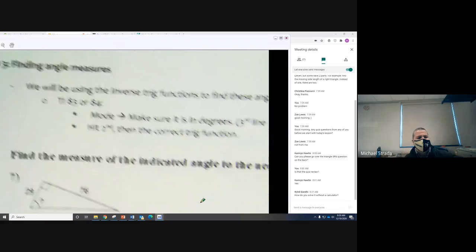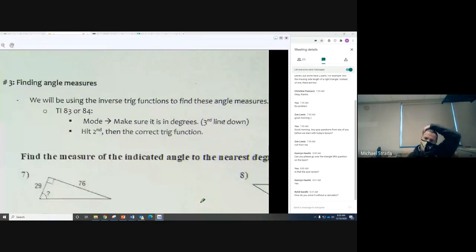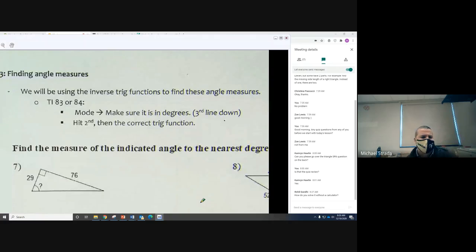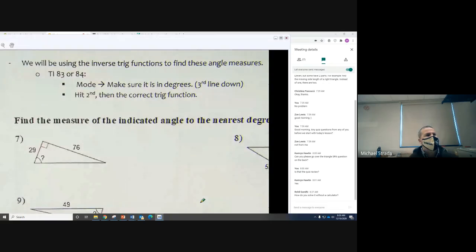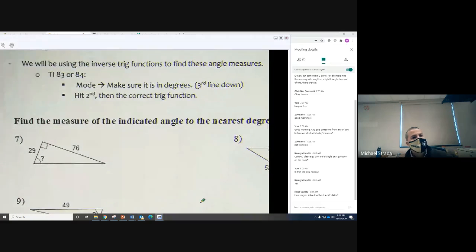Then the last thing, finding angle measures. We'll be using the inverse trig functions to find these angle measures. On a TI-83 or 84, make sure the mode is in degrees, hit second, and then the correct trig function. Again, if you have a different calculator, the homework assignment for this won't be due until Monday night. So if you go home and you're not able to use your calculator to do trig,